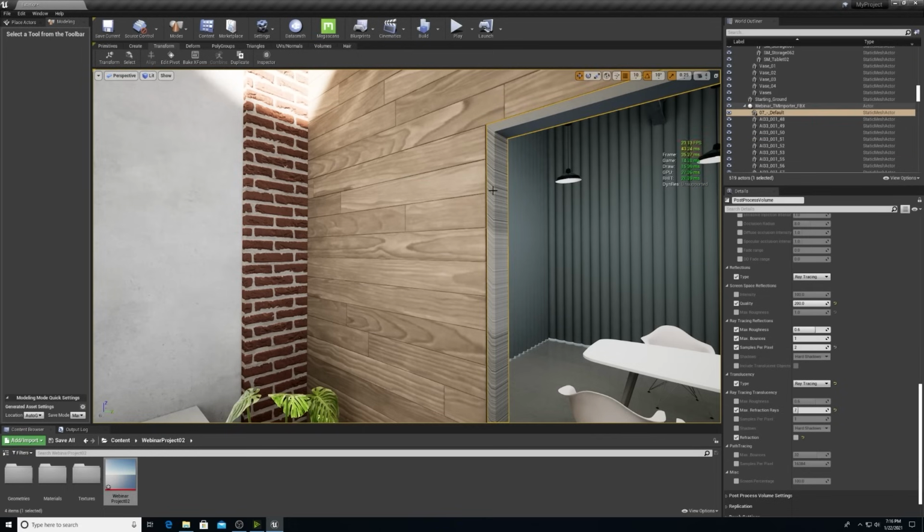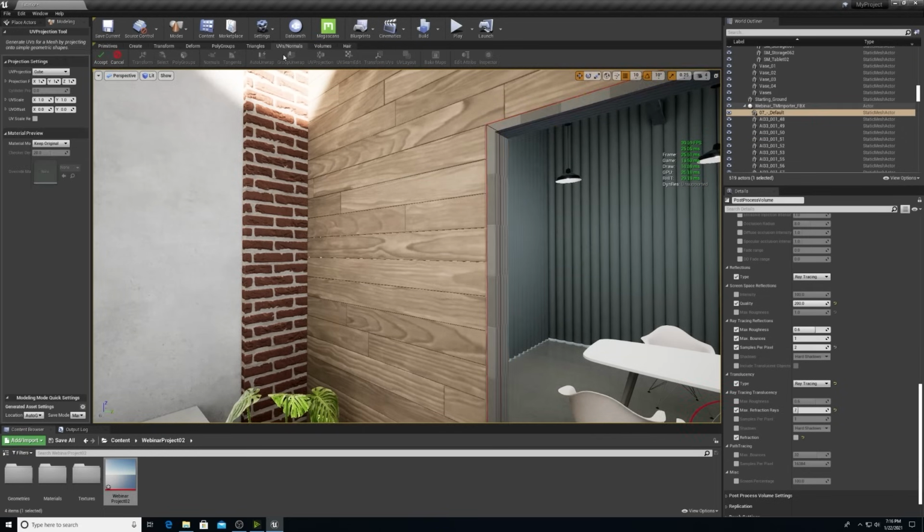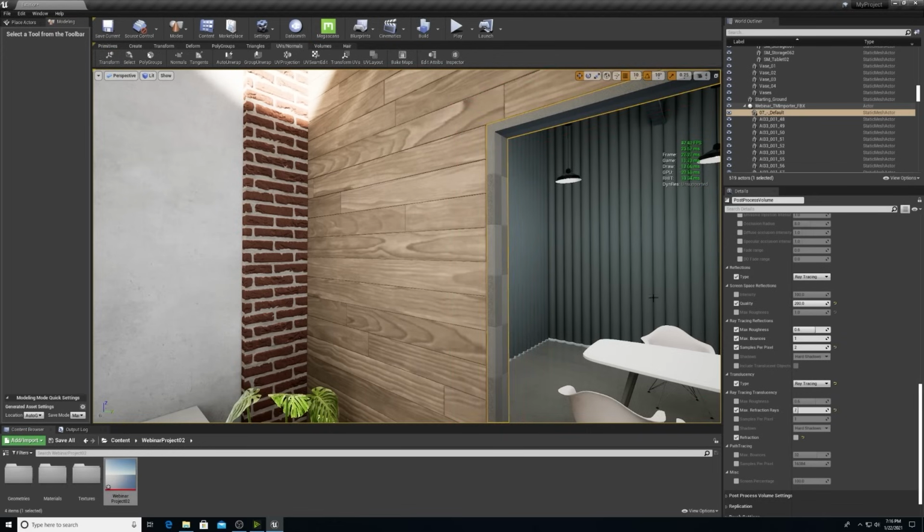We can click on the door frame, go to UV normals, and select UV projection. You'll see on the left-hand side, I have a few different options I can choose from: cube, cylinder, and plane. I'm going to keep it at cube, but I'm going to change the size of the checkerboard to be a little bit larger. So I'll select 5 for each of those and hit enter.